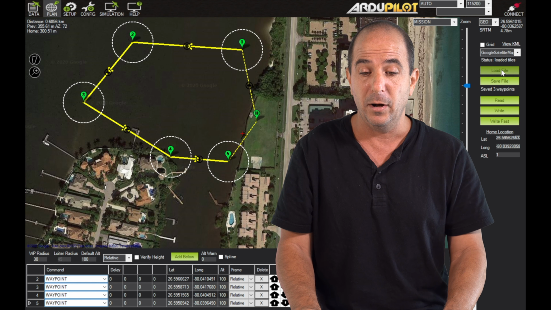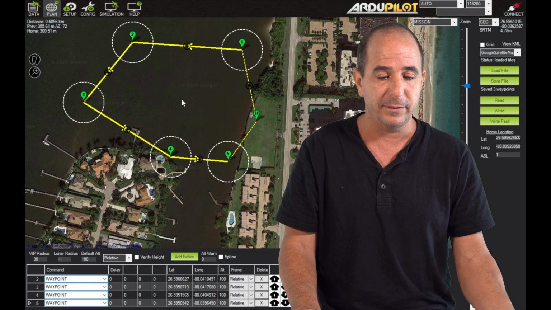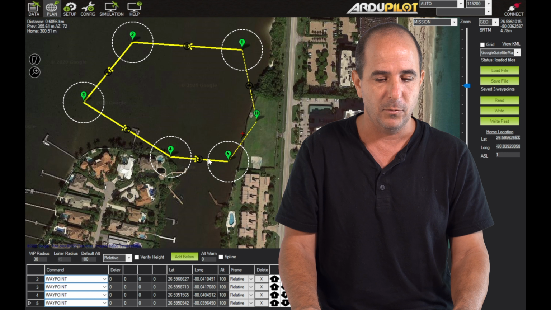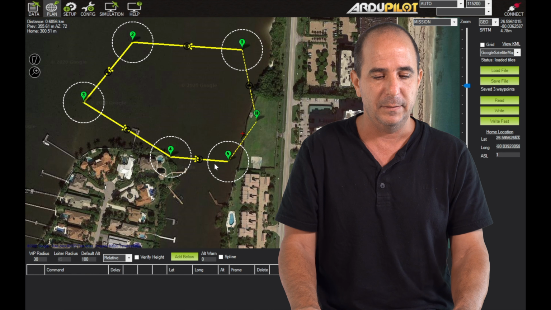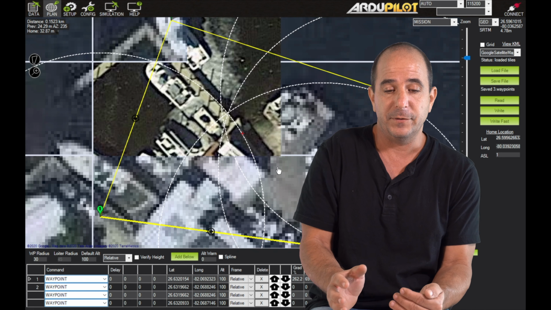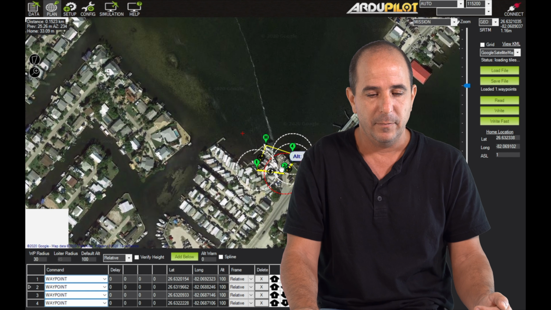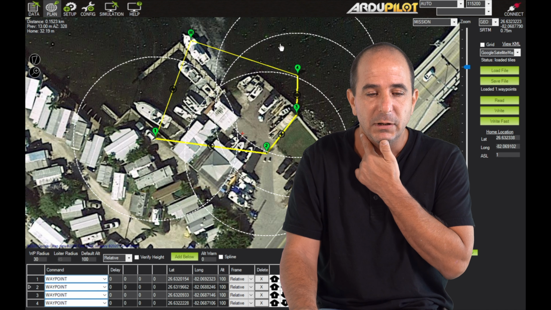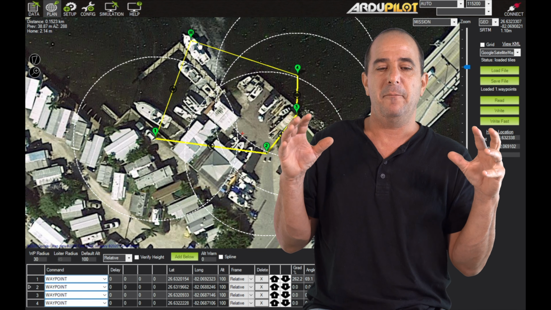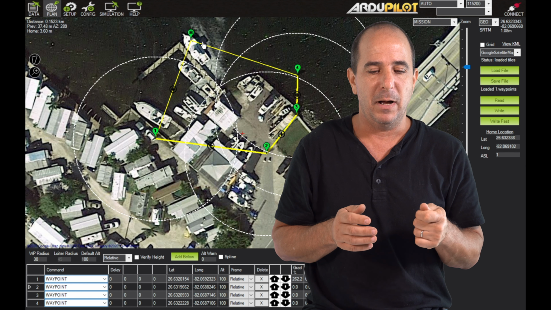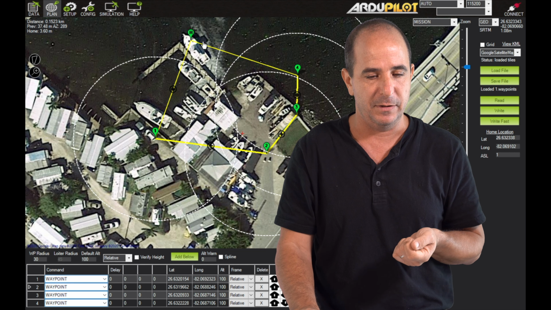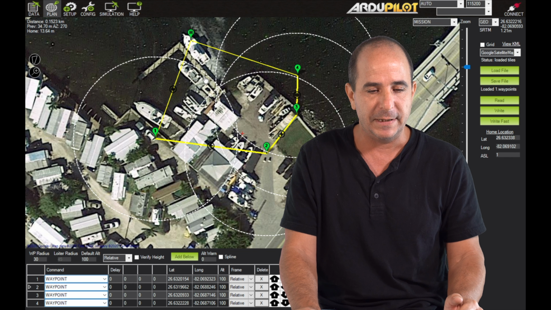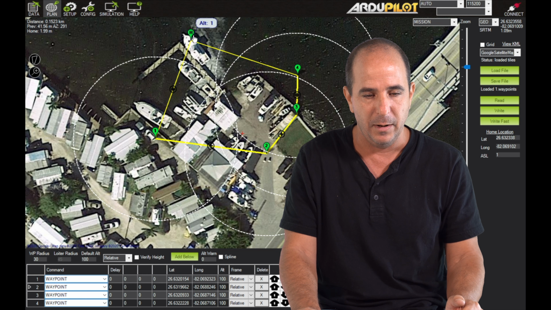I could upload an altogether different path. I already programmed a mission, mission number 1, and I will jump to a different area. This might be tricky because in this case my home position is different. So having a different mission might imply a different home position. My home position is currently on this yacht. Obviously, I don't own this yacht, so I might want to move it a little bit.